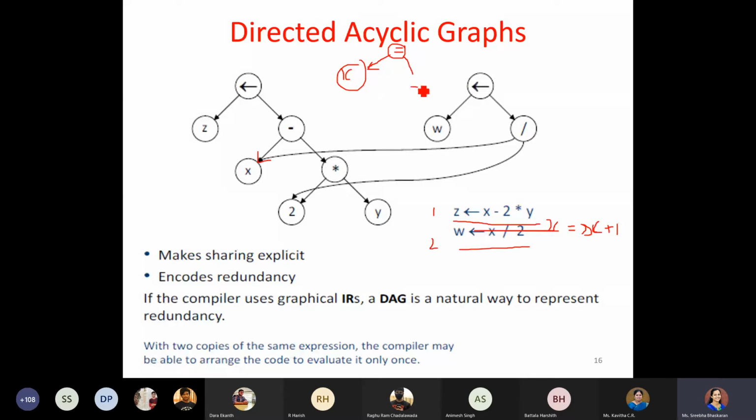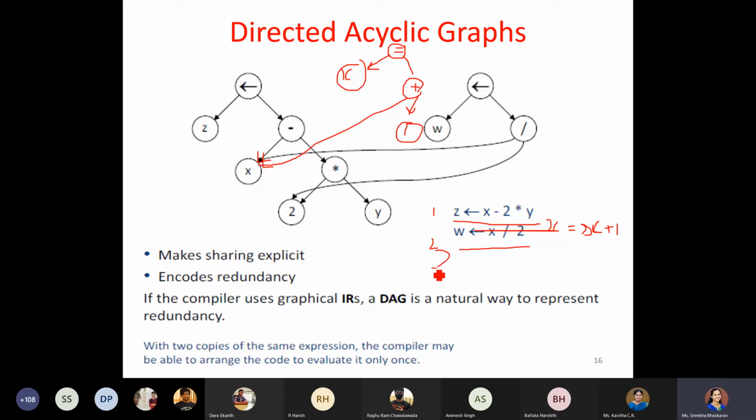So we'll have a plus operator, and it will take this x, and it will have one more node 1, this one. Now the third expression says w is equal to x divided by 2.